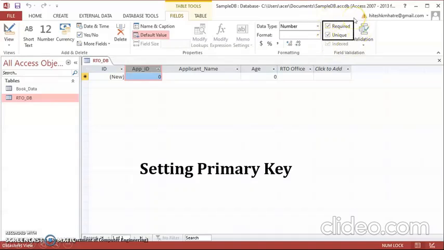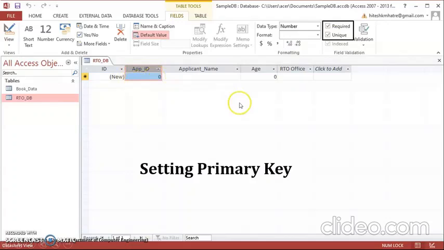As per the rule of a primary key, it is required, that is it must not be null, it must not be empty, and it must be unique. That specifies that it will have values that are not repeated. So once both are selected, this column will become a primary key. It will give me a unique value and there will be at least some value in it. It will not be empty.